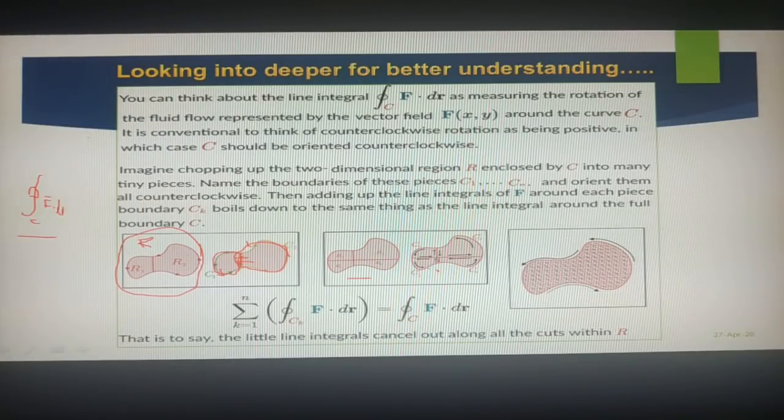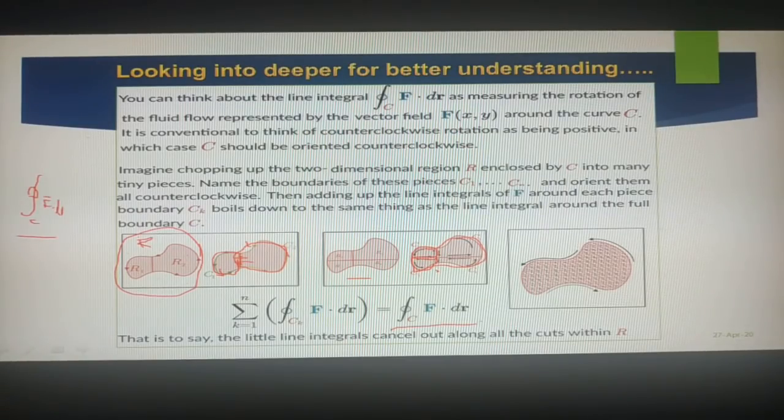Suppose I have this curve C1. I have to take it anti-clockwise, nothing but the counterclockwise direction, and if I take another one, I also have to go in this direction, so one is going opposite to the next one. So the opposite arrows inside tell you that they are going to be cancelled, and only the outside region remains. In that way also you can find your integral of F bar dot dr.